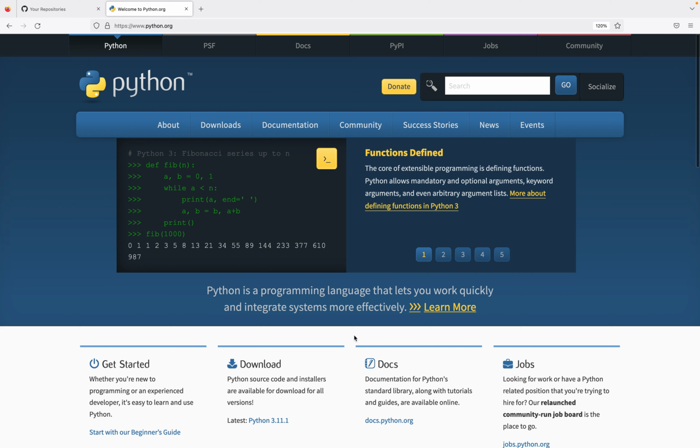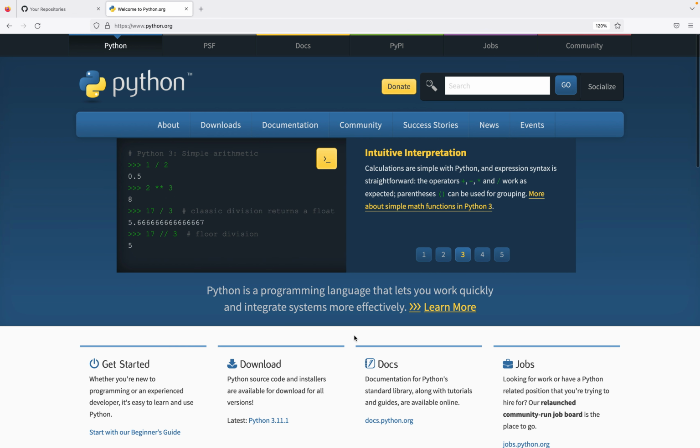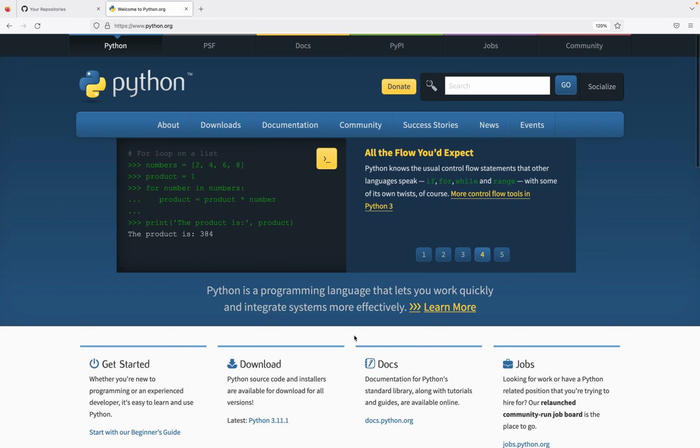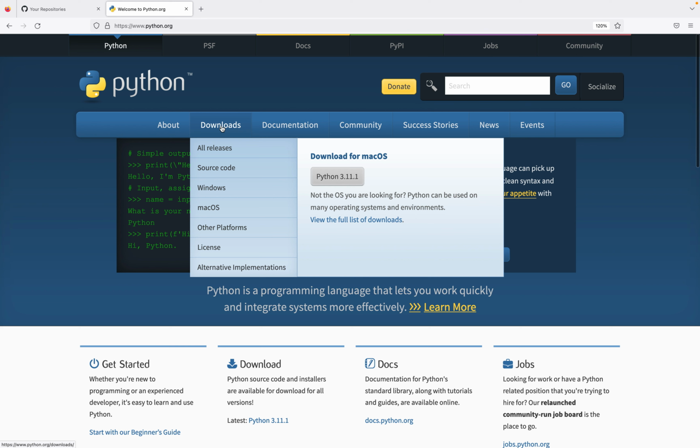I'm starting a new series on Python programming from zero to hero. So the idea here is we'll start from scratch and then discuss all the concepts required for you to master Python. Going forward, I will be focusing on how we can use Python from a data science and machine learning perspective. To get started, I am here on the python.org website, and the very first step